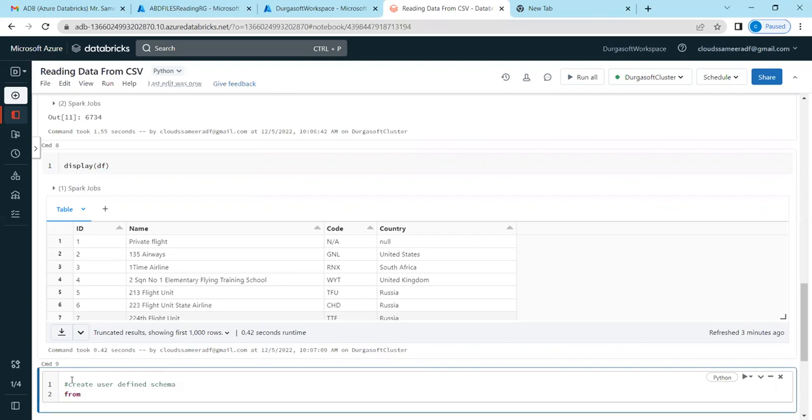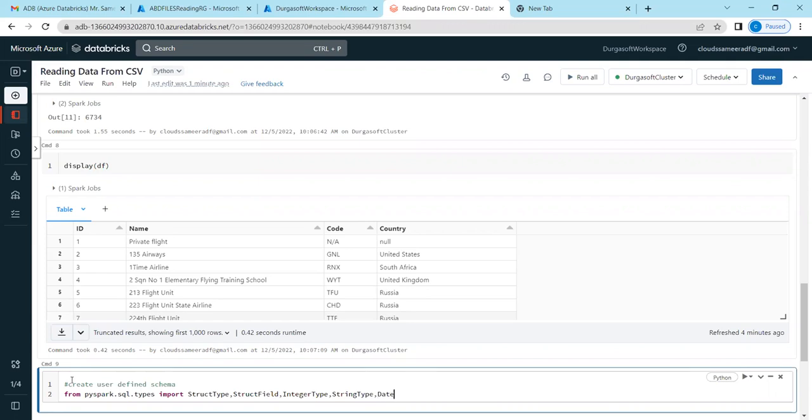From pyspark.sql.types, then import, tell me now, import StructType, comma, StructField, comma, IntegerType, comma, StringType,